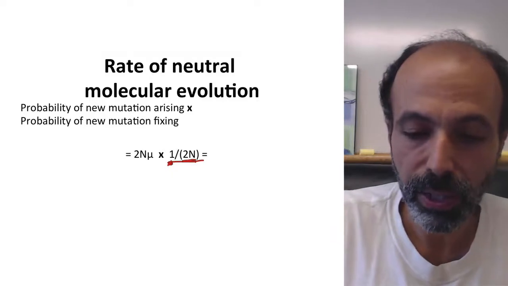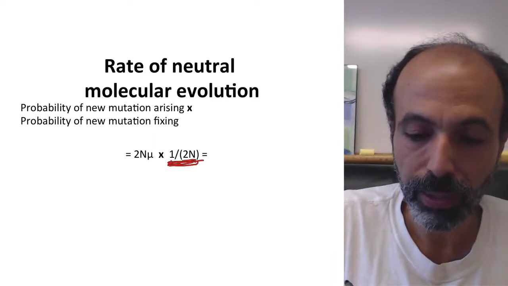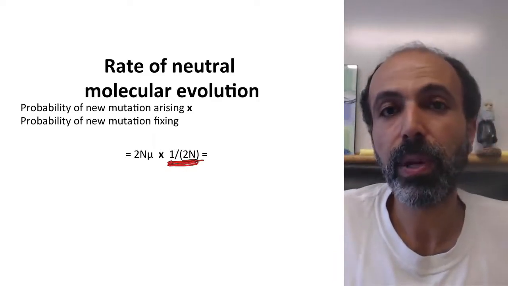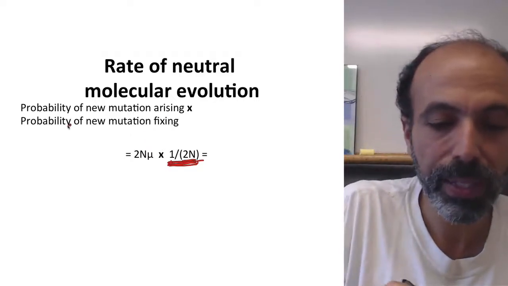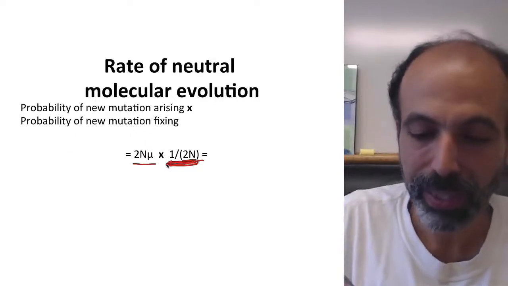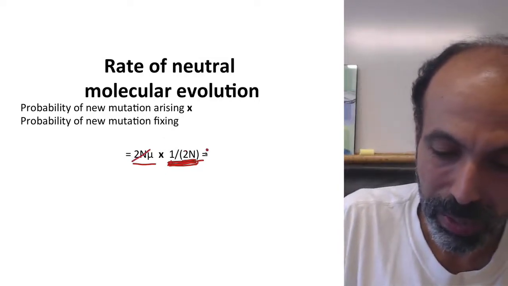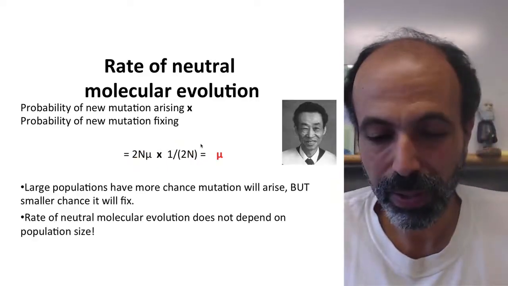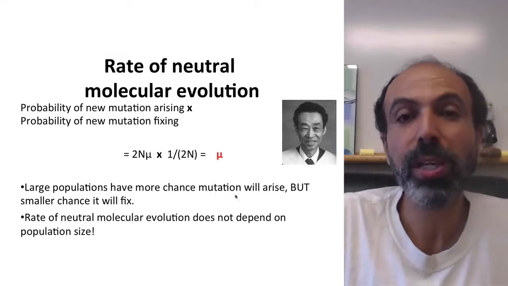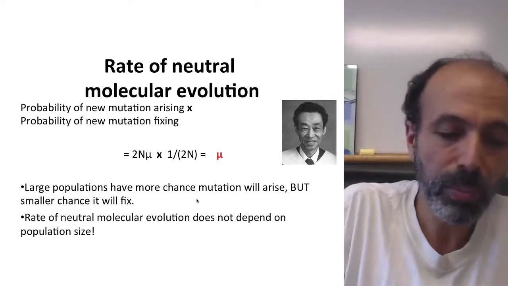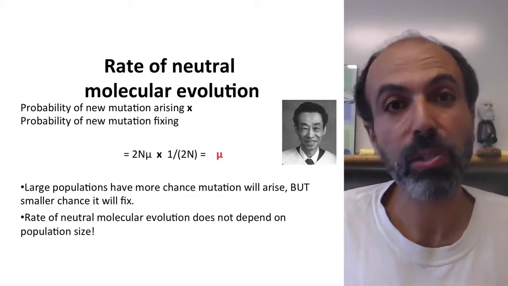So this is its starting frequency, and as we said before, by genetic drift alone, this is the probability that it'll eventually fix. The probability of fixation is equal to the allele frequency. So what we're saying is the probability of a new mutation arising times the probability of a new mutation fixing. We put these things together, and we have a mathematical convenience. 2N mu times 1 over 2N, we can cancel these out, is equal to mu. So this is really cool, because large populations have more chance the mutation will arise, but a smaller chance that it'll actually fix by genetic drift because the allele frequency at the start is so much lower.